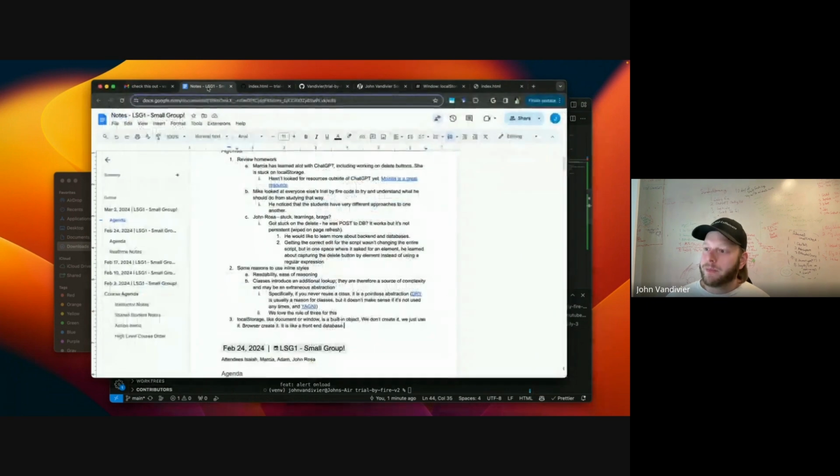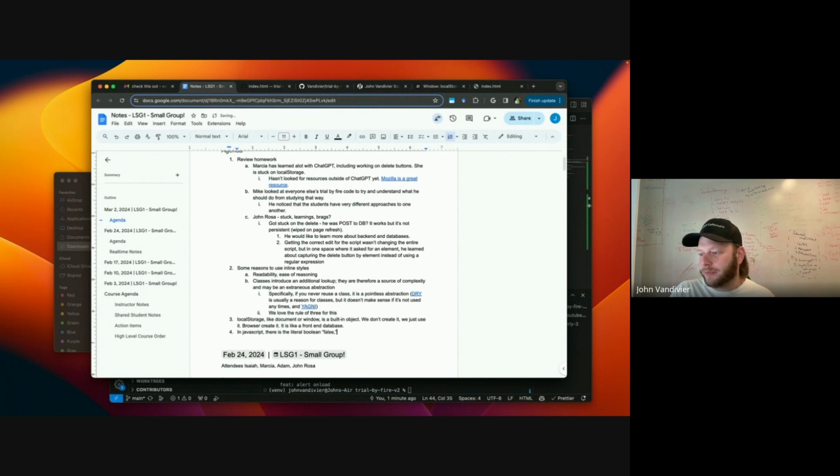So in JavaScript, there is the literal Boolean false, but there are also falsy values, such as empty string, 0, undefined, and null.